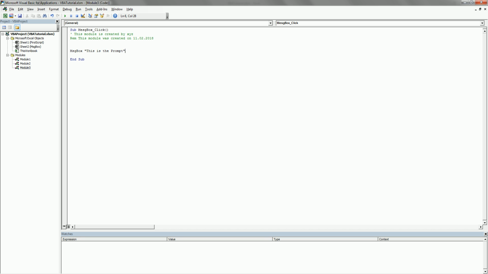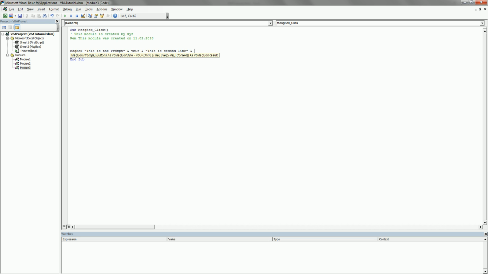So the other thing which I wanted to show is about the prompt. Let's suppose we want to show things in multiple lines. So we have some characters here. We say VBCR. This is for carriage return. Don't forget to add spaces between these, otherwise it will throw an error. So carriage return, and then I say this is second line,